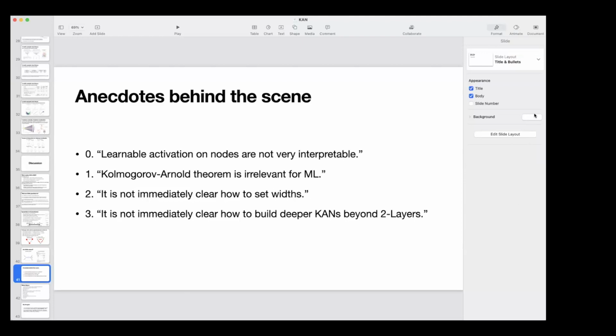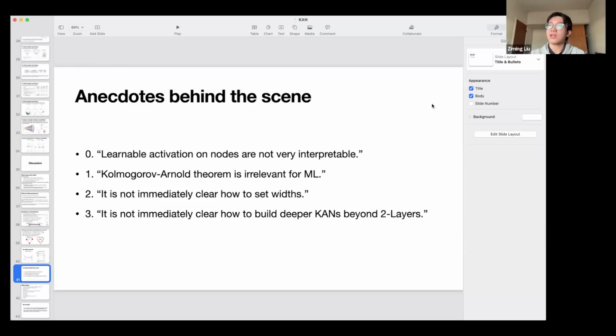Did you come to the Kolmogorov-Arnold theorem by happenstance, or somebody mentioned it to you, or you just knew it beforehand? No, it's hard to trace back when I knew it, but my advisor mentioned this to me once, I don't remember how many times, basically saying that, oh, theory is not that useful, but the Kolmogorov-Arnold theorem is relevant. Here is a paper from Poggio et al. in 1989. So that's how I know this theorem, although my advisor was saying that it's useless.